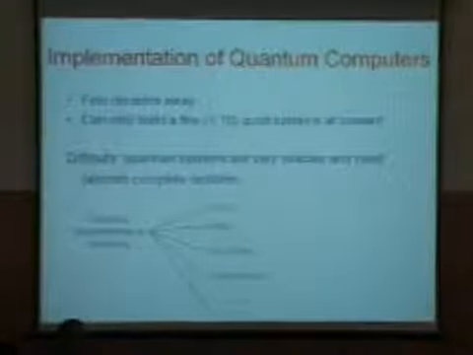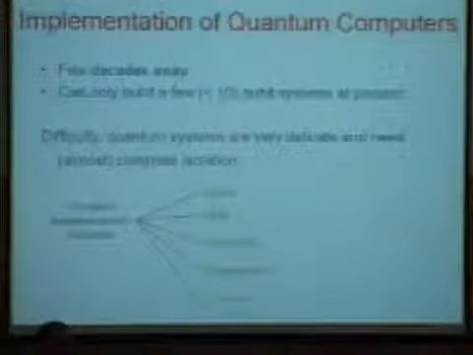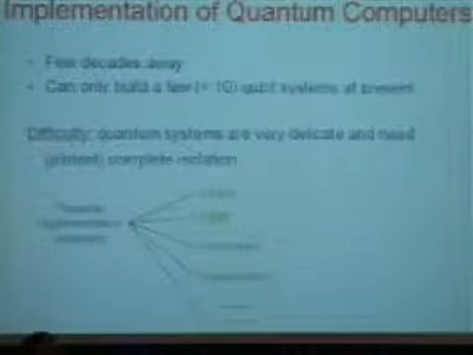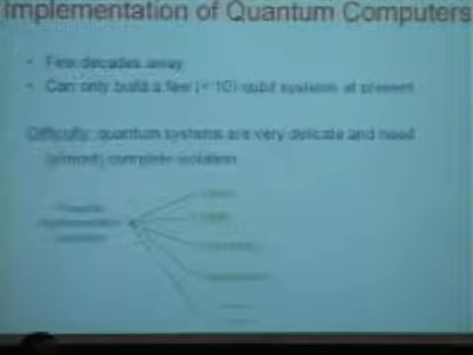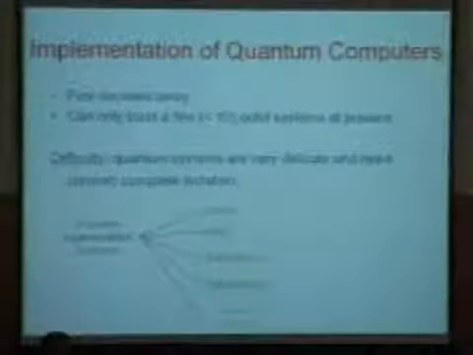And these are a couple of implementation schemes. There are a number of implementation schemes. There's a lot of excitement in the field. People are trying out dozens and dozens of schemes and making progress experimentally faster than anyone thought. So it's possible that quantum computers might be on our desks before we have a chance to figure out what to do with them.